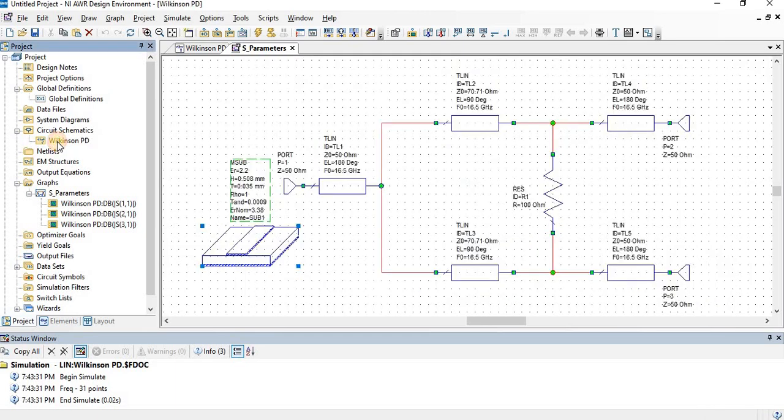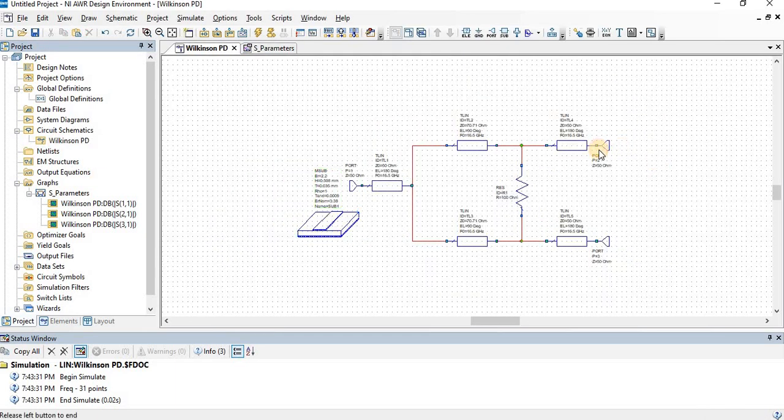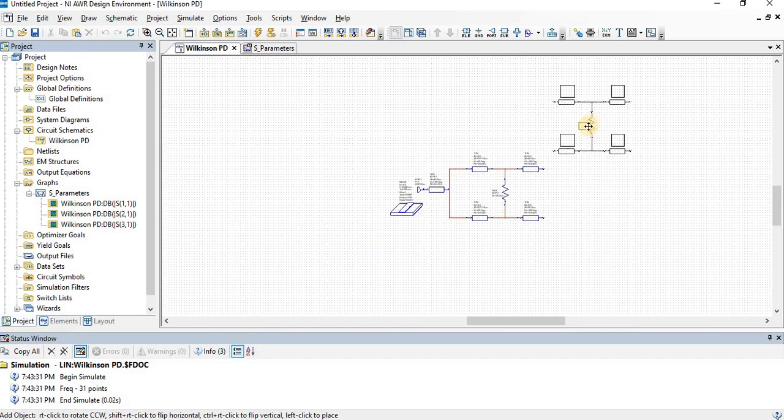So in the same way, if you want to design a 1:4 power divider, you just have to delete these two things and then copy and paste the same thing over here.